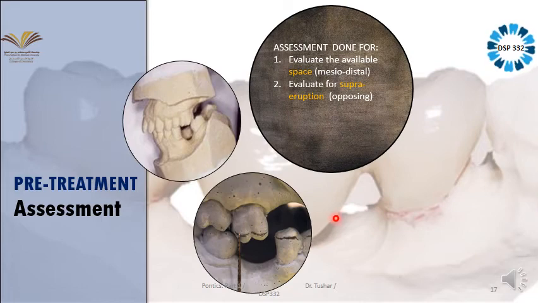Now this supraeruption is more than 2 millimeters, so because of this supraeruption, the maxillary occlusal plane is disturbed, right? With this disturbed occlusal plane, I should not go for the replacement. First, I have to correct the occlusal plane. And for correction of this occlusal plane, I have to do intentional root canal treatment of this molar for the supraeruption. And then I have to cut the supraerupted portion, right? Give the crown for this tooth to restore the maxillary occlusal plane and then go for the replacement of the mandibular tooth, right? So my treatment plan has changed.